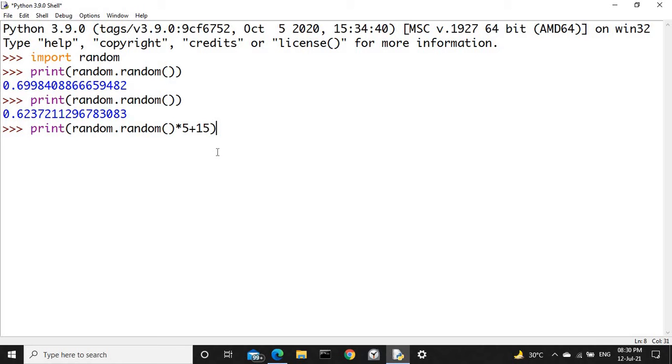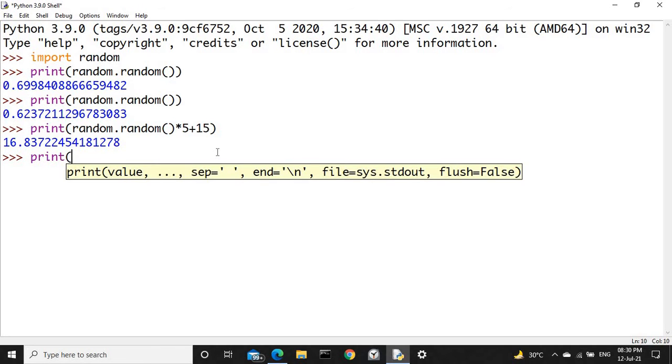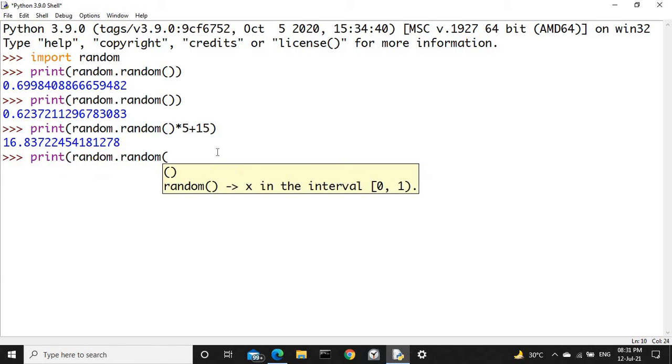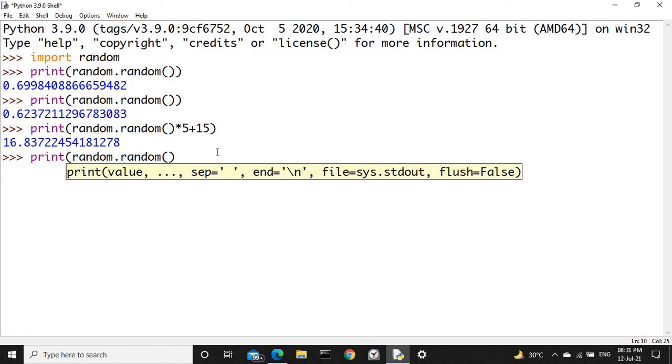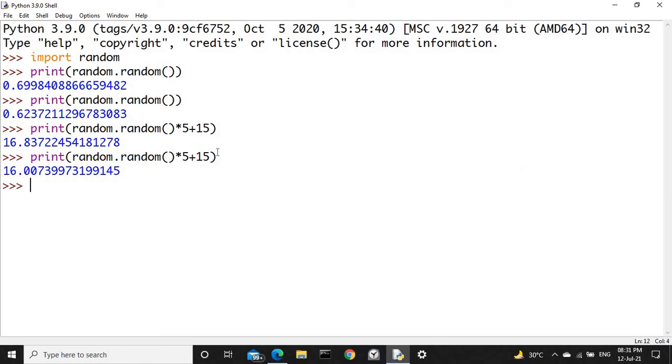So this will generate a random number, that is a floating point number between 15 and 20. Let us try again the same command. Print random.random() * 5 + 15. So it again generates a floating point number between 15 and 20.